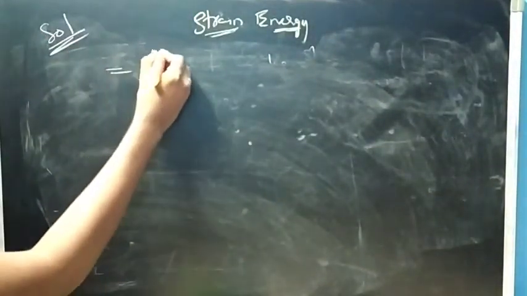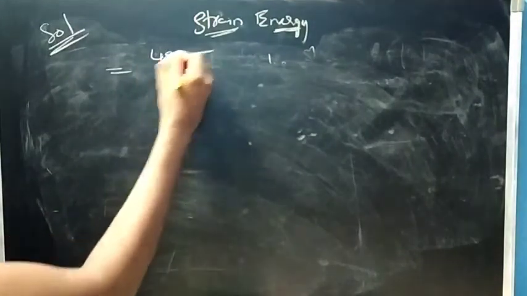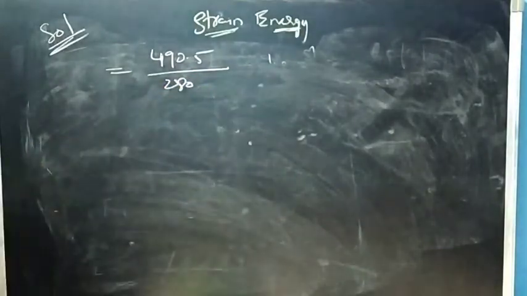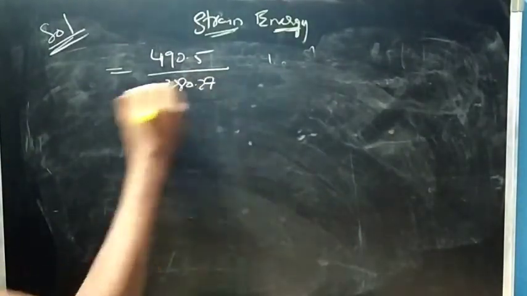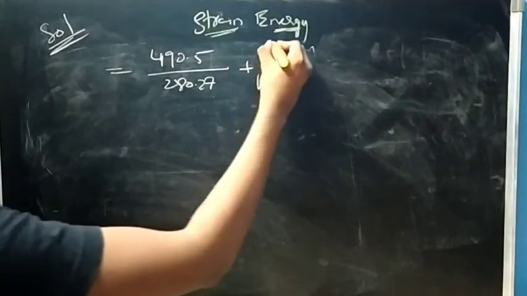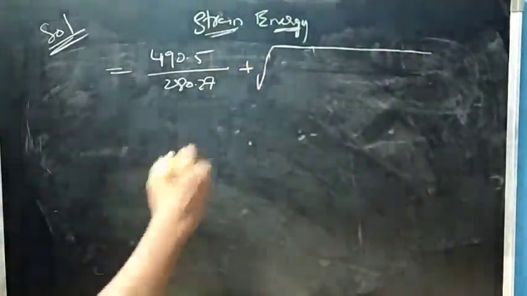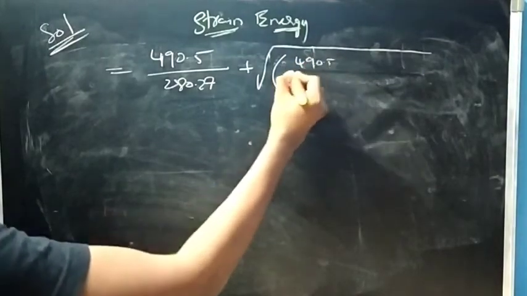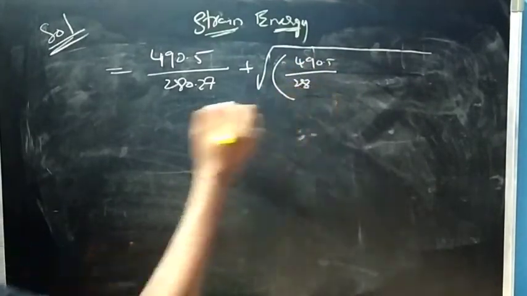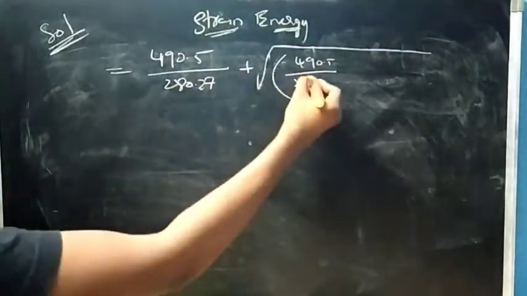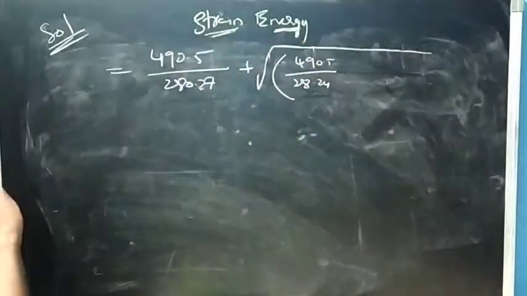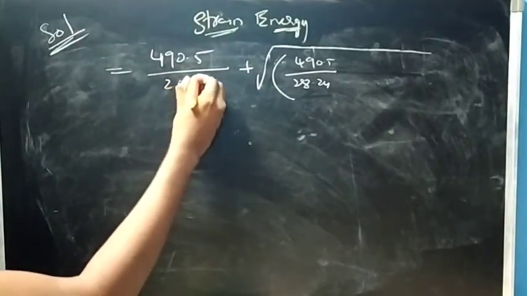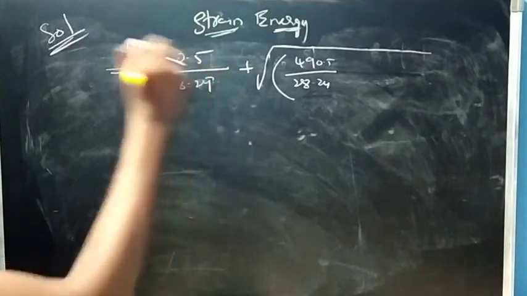That is, load we got is 490.5 upon cross sectional area 28.27 plus under root 490.5 upon 28.27 whole square plus